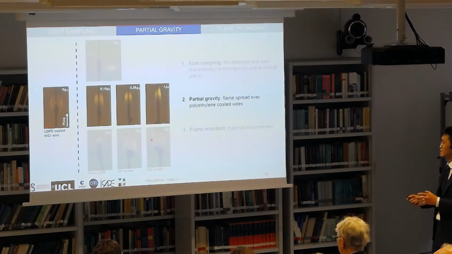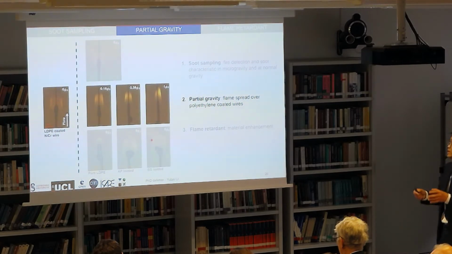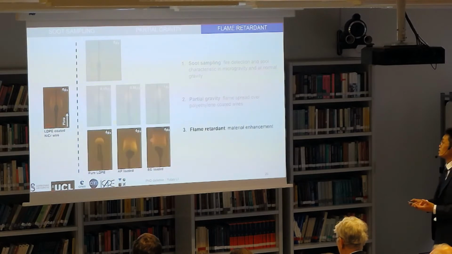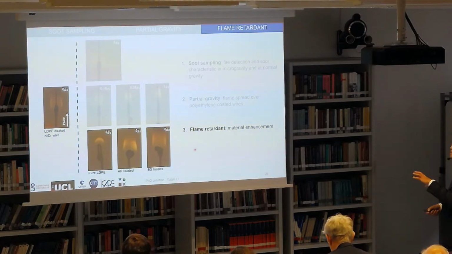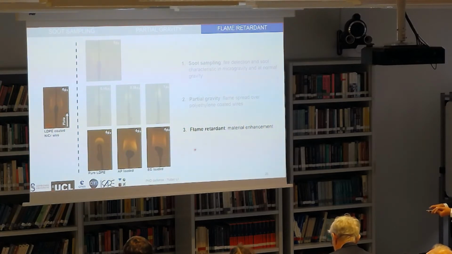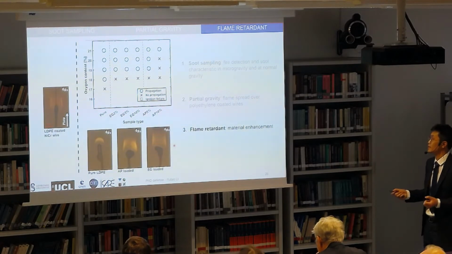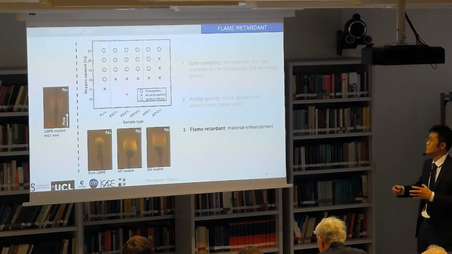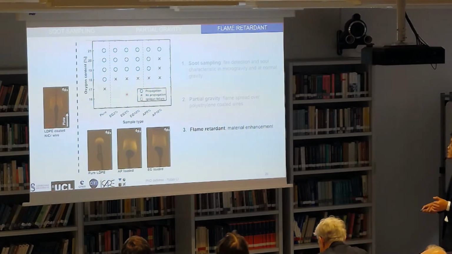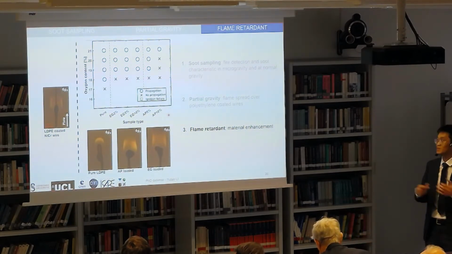As fire safety concerns are not specific to space exploration, the inspiration can be found in existing solutions from other industries. The intumescent flame retardant may be a solution to enhance the fire-resistant properties of the material. From the simple result here about the extinction limit with two different kinds of flame retardant, we can see that compared to the pure polyethylene material, the flame retardant may help us to inhibit the flame propagation. And now in this section, we are going to check together if it really works